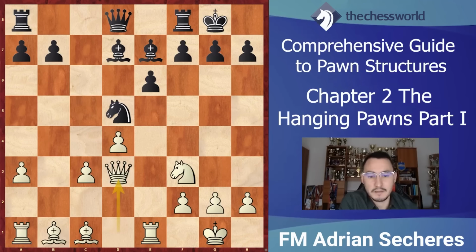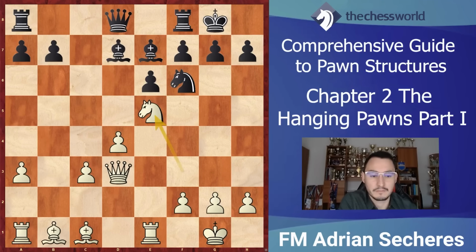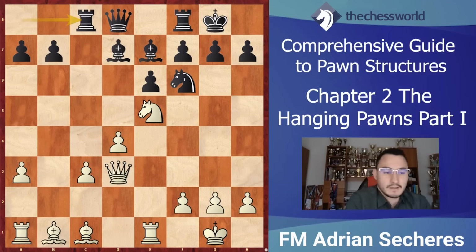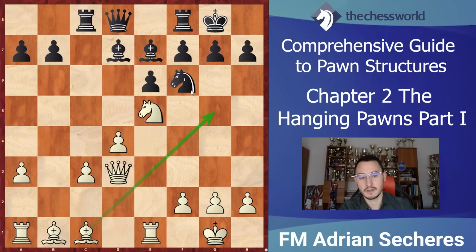He creates the battery, and at the same time he protects the c3 pawn. Knight to f6, knight to e5, rook to c8. And at this point, there are several ways that white can continue his play. For example, he can play something like bishop g5 to put pressure on f6, provoke black to play the move